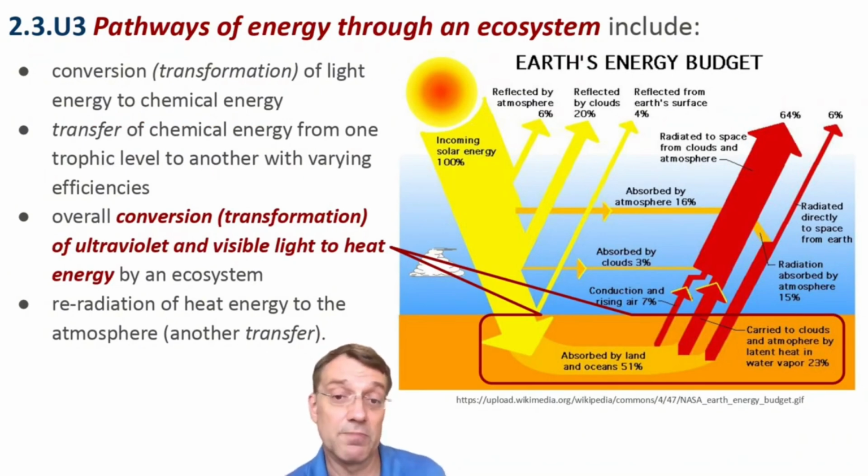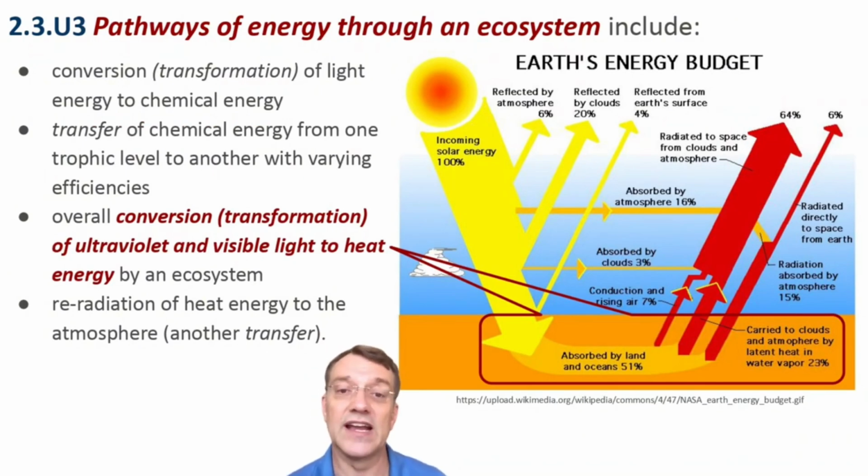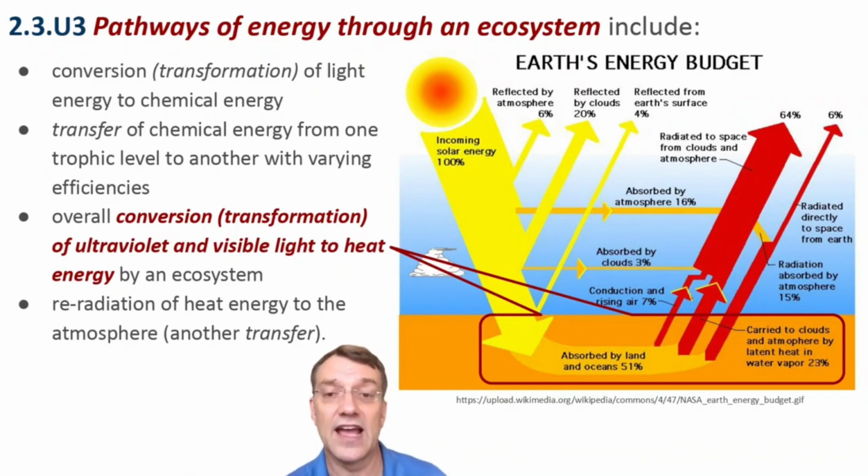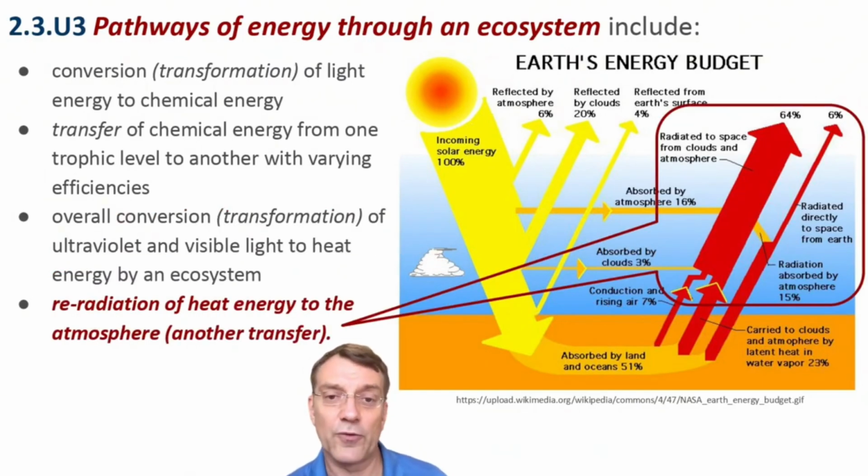In this Earth energy budget, we can see how absorbed light is eventually re-radiated as infrared energy. This transformation follows the second law of thermodynamics, with energy becoming less concentrated and available. The final pathway for energy is re-radiation of the heat to the atmosphere. Note the large red arrows showing energy leaving Earth's surface. This release of heat energy is really important for maintaining Earth's temperature balance, and it's what drives weather patterns and